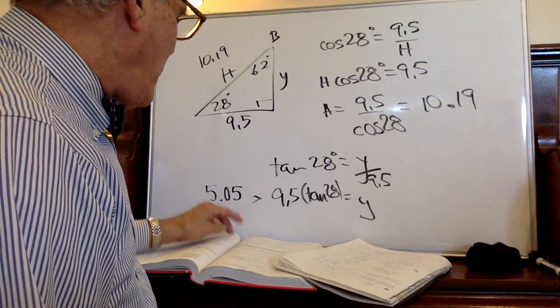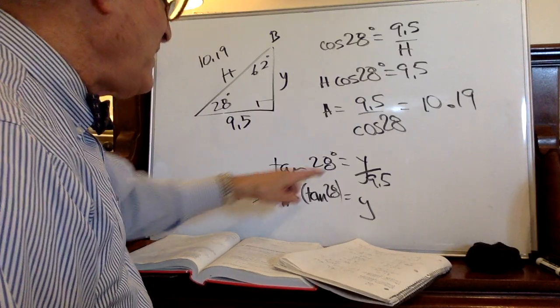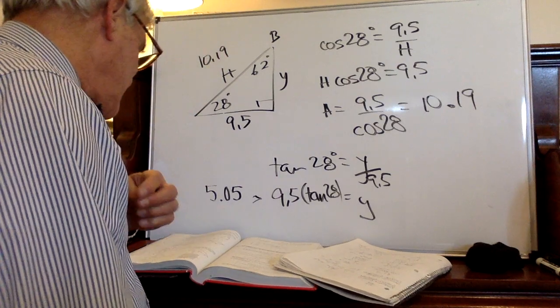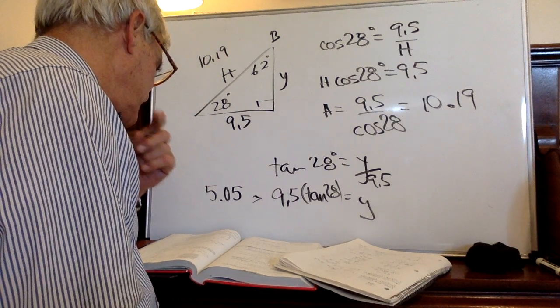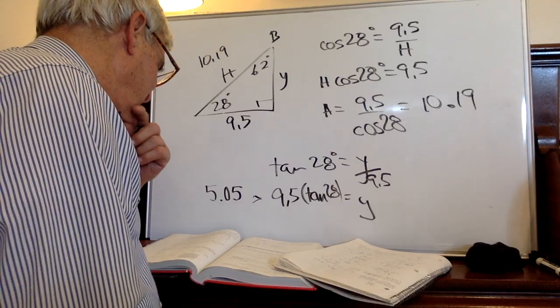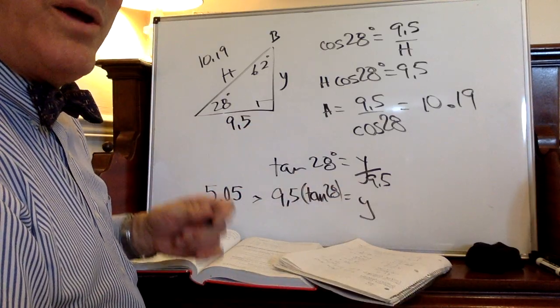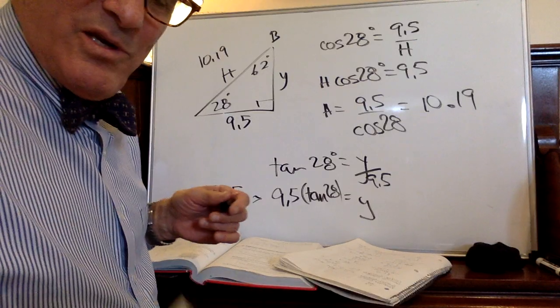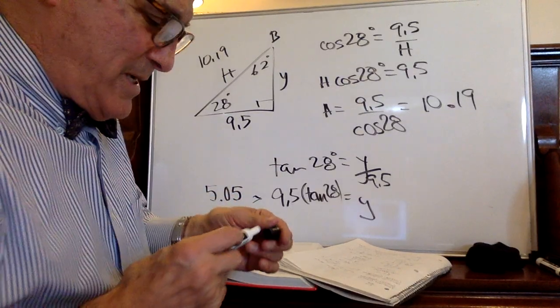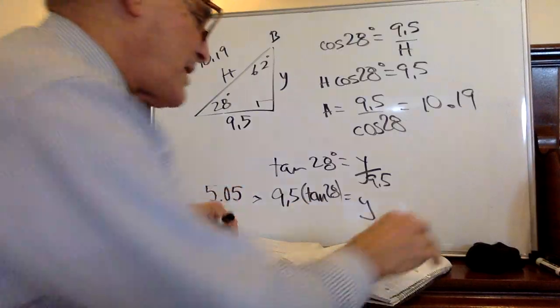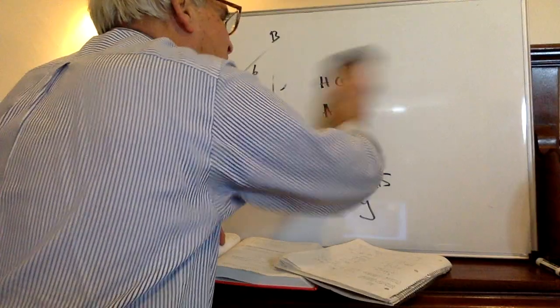Okay, so y is approximately 5.05 and h is approximately 10.19 to 2 decimal places. And again, in 6, 7, and 8, you're going to have a multitude of possibilities to find these. You can use different trig functions, and you're going to get the same answer, assuming you don't make a mathematical mistake. So the next one,